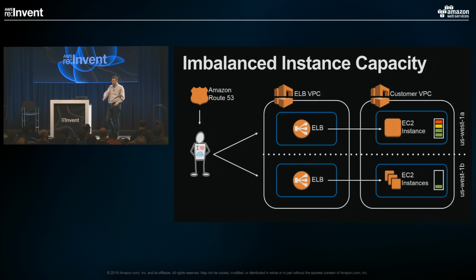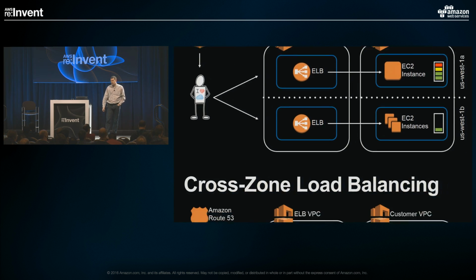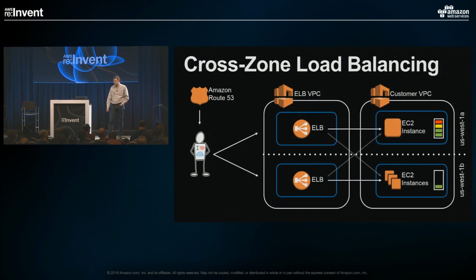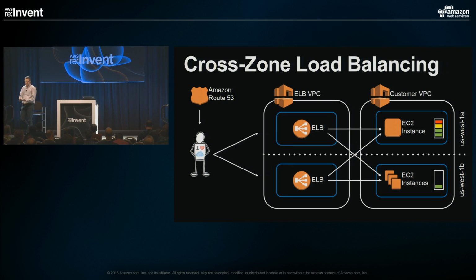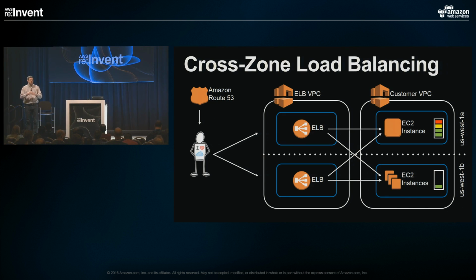And that can often cause, as you can see there, one of your zones to be taking a lot more traffic than others. And the way we solve that is we use a feature called cross-zone load balancing, which will send the traffic from the load balancer to multiple zones behind the scenes. And the great thing there is you see all of your zones get exactly the same amount of traffic. It's actually even better than that, because